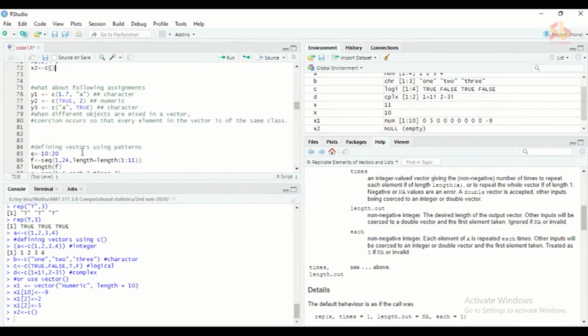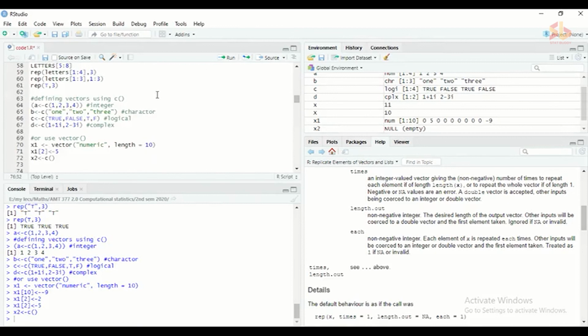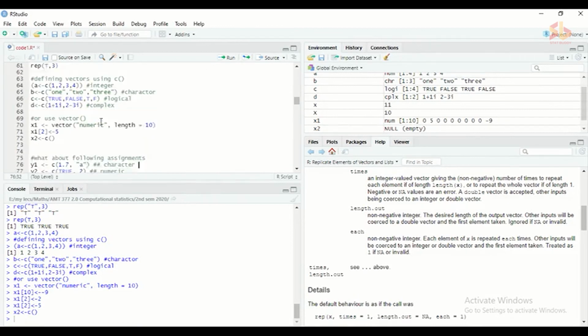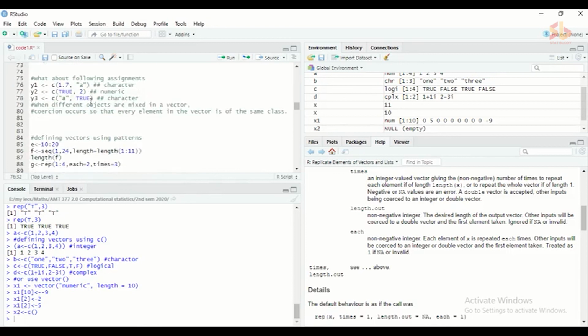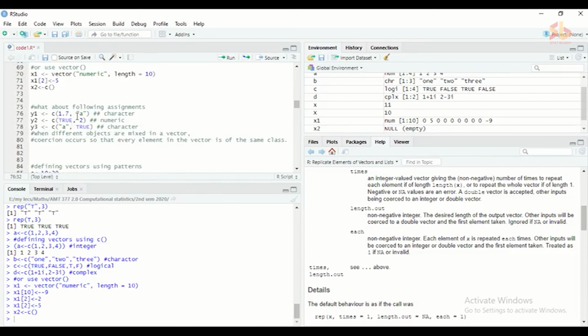Now, in the previous cases, we used only one type of object class to enter data. Here it is integer, this is only characters, this is logical, this is complex. Now I am mixing objects in my vector. A vector can only belong to one object type. So though I mixed my input, automatically it will take only one class. That is coercion. After that we have functions to change the class and check the class.